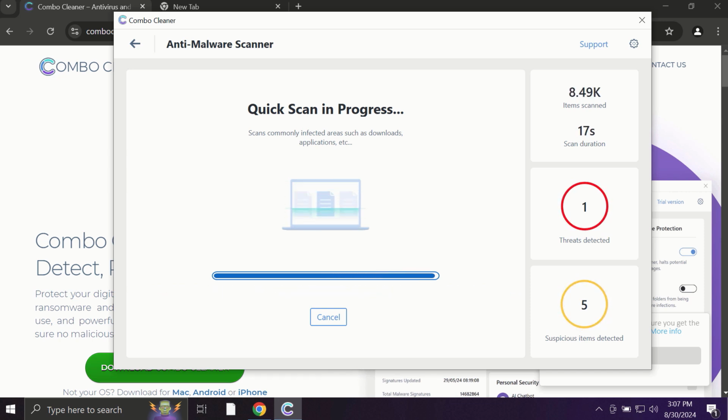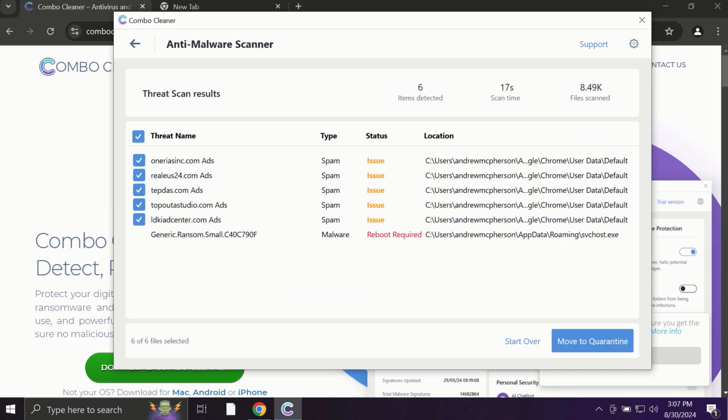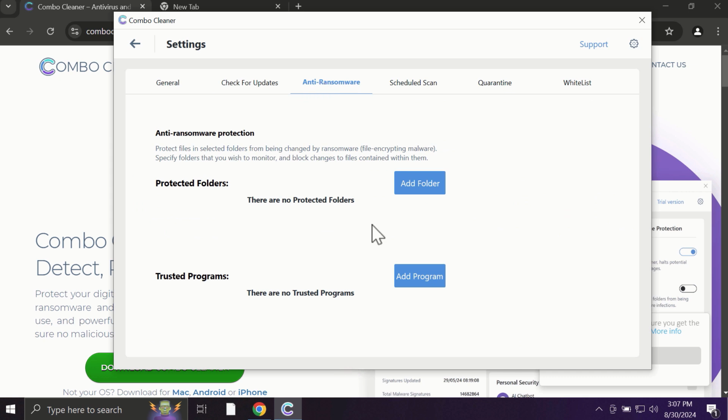Finally, at the end of the scanning, you will see the full summary of all the infections found on your system. Based on the summary of threats, you'll be able to know the locations of threats. Some threats can be removed manually, but I definitely recommend you consider upgrading to the premium license. With the premium license, for instance, there is an excellent anti-ransomware feature which helps to always keep your data protected. You can add certain folders on your system and the contents of these folders will always be under protection